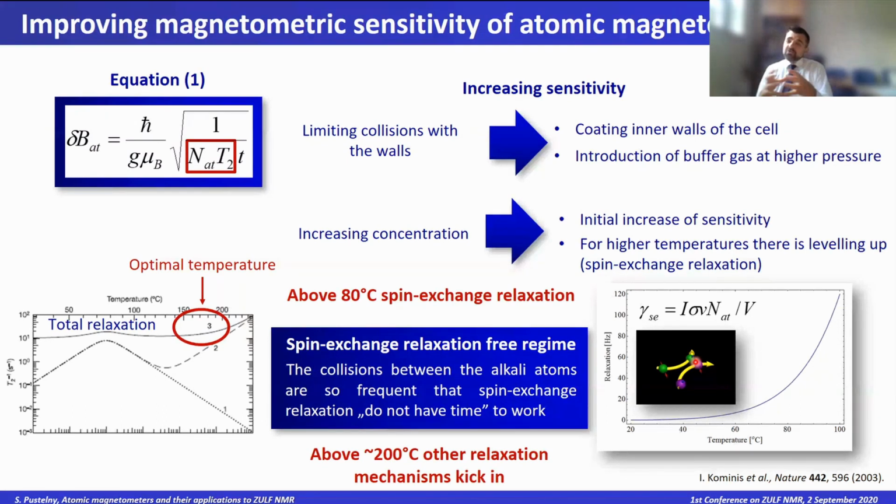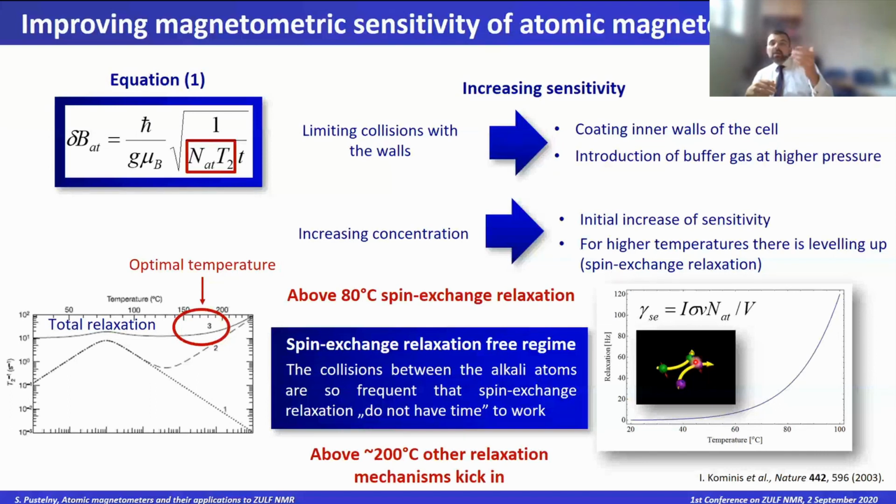The other thing is that we introduce into the cell some buffer gas, typically a noble gas or molecular nitrogen, at high pressure. And what is unique in this situation is that the collisions with these atoms do not destroy coherence. Since there are a lot of buffer gas atoms, they do not freely move in the system, and rather your alkali atoms are diffusing towards the walls. So it takes time, it's much longer, so you can significantly prolong your lifetime. So you can beat a little bit of the time T2.